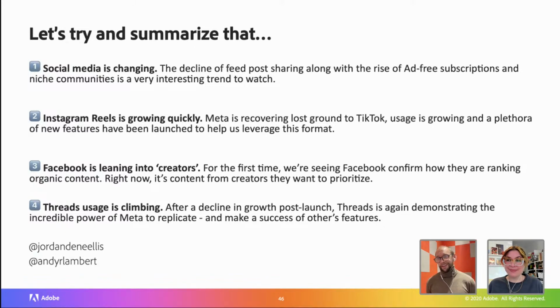But the TLDR is, social media is only getting bigger and more impactful as far as its influence on people and the way that people buy products. So when I'm thinking about social media from a marketing perspective, it's only getting more and more impactful, and that's the thing that keeps me excited about the opportunity, because there still is nothing that can grow a business like doing social media well, personally.